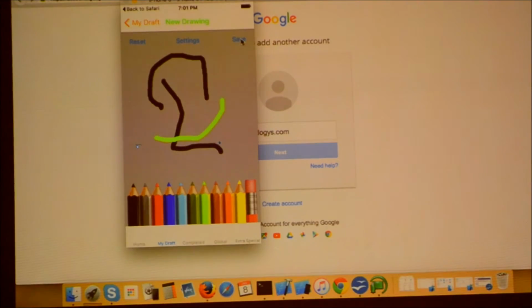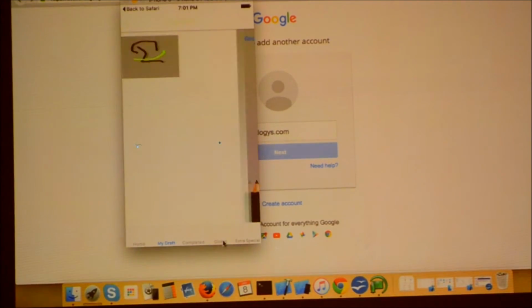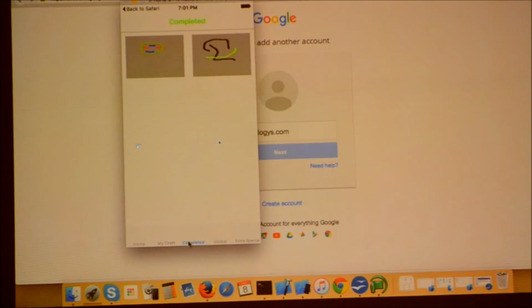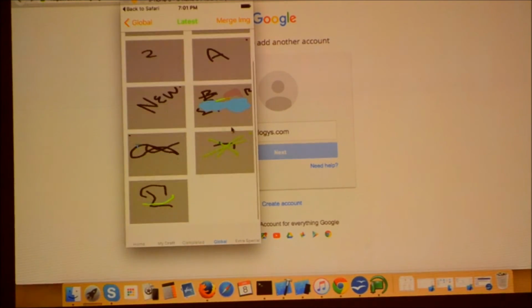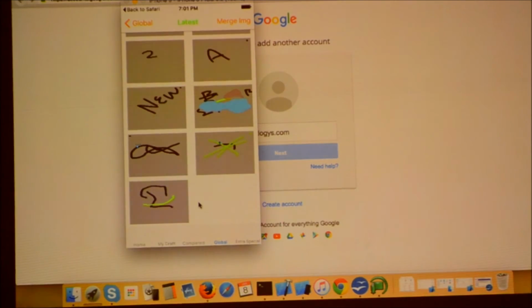Whenever he saves on the drawing, it will come to this global. Yeah, completed. See. Another, you can see this data on the device also.